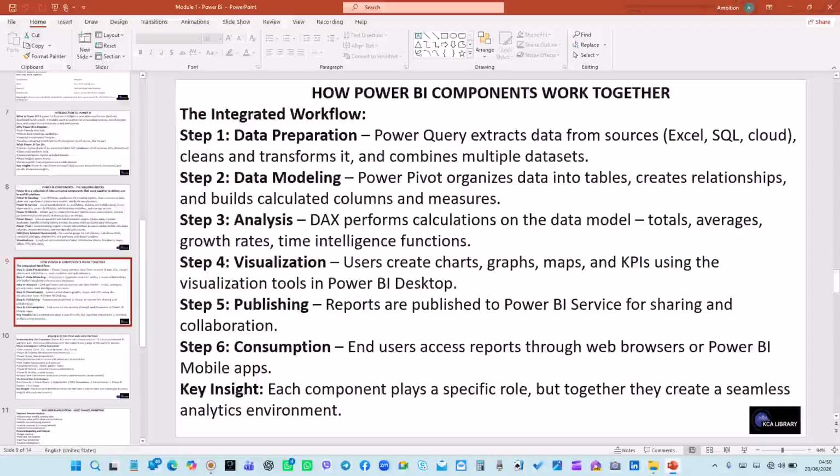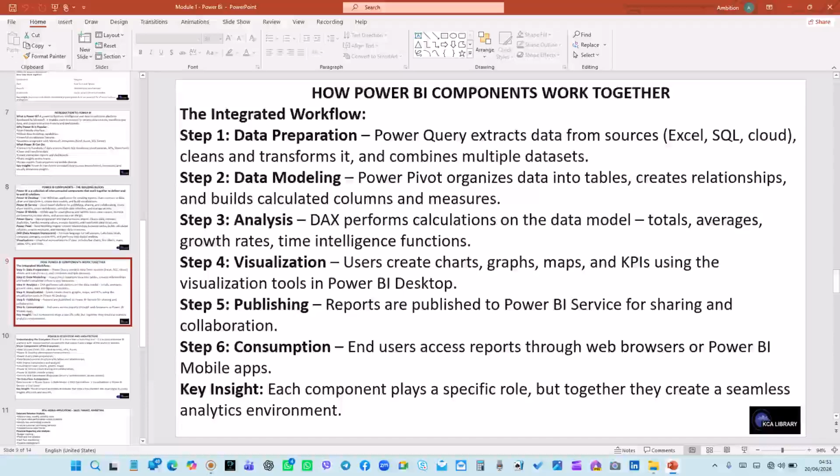That is the integrated workflow. Step 1, data preparation. Power Query extracts data from different sources. Now we have step 2, which is data modeling. Here, Power Pivot organizes this data into tables, creates relationships, and builds calculated columns and measures. Then we have step 3, which is the analysis. Here, DAX performs calculations on data models. We have step 4, which is visualization. Here, users create charts, graphs, maps, and KPIs using visualization tools in Power